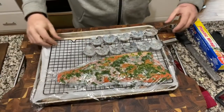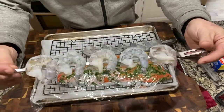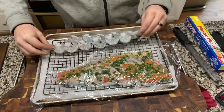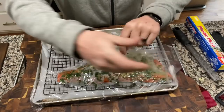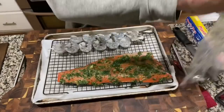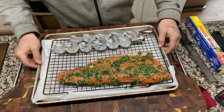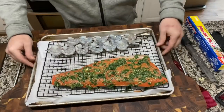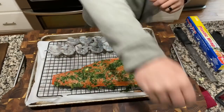Let's get our fish ready. Pit is at temp out there. Let's do this. So here we got our shrimpies, nice and dried out. Good stuff. And here we have our sockeye, which looks fantastic and smells equally fantastic. So what I'm gonna do is, we have our